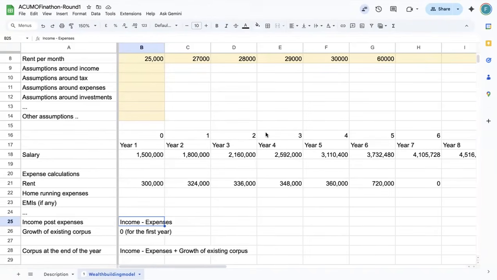So for example, let's say there is a certain amount of money you're spending on groceries, right? And then you would think that if this is the assumption around groceries, then that needs to increase by a certain percentage year on year. What is that percentage? That's inflation. So you need to mention that in the description, then you need to put the number over here. It'll probably come as another line somewhere here.